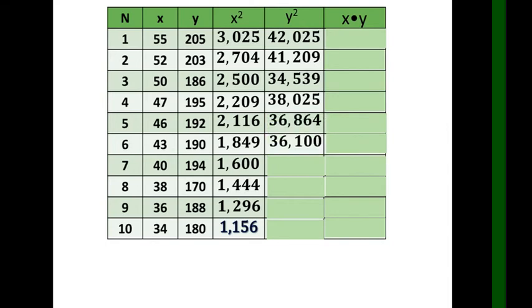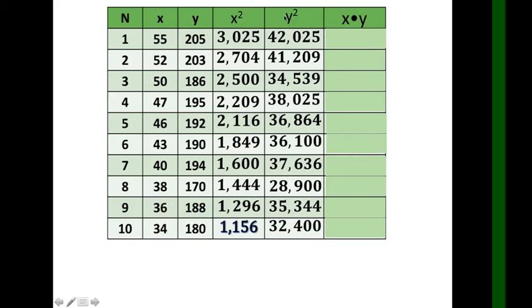190 times 190 is 36100. 194 times 194 is 37636. 170 times 170 is 28,900. 188 times 188 is 35,344. And 180 times 180 is 32,400. Finally, we have x times y. So, ito lang tatandaan nyo. We have x squared, y squared,